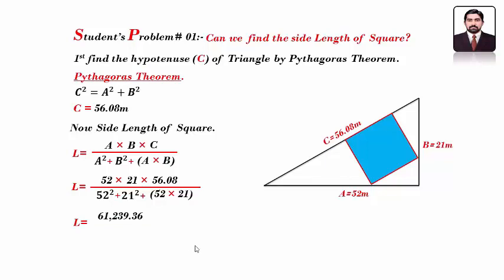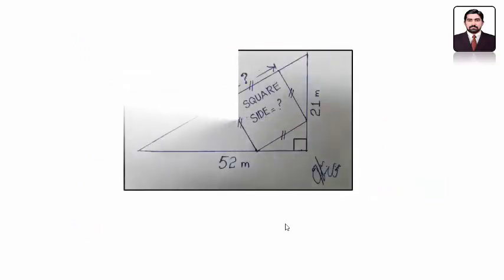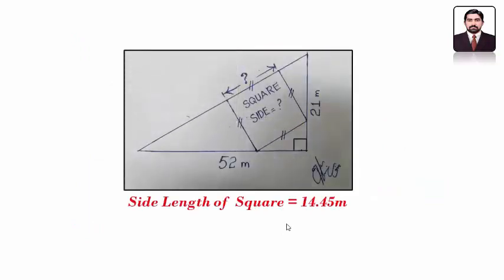L is equal to 61,239.36 divided by 4,237.00. L is equal to 14.45 meters. The side length of this square is 14.45 meter. This is the question, and the side length of the square is